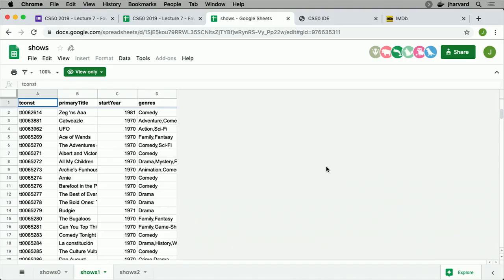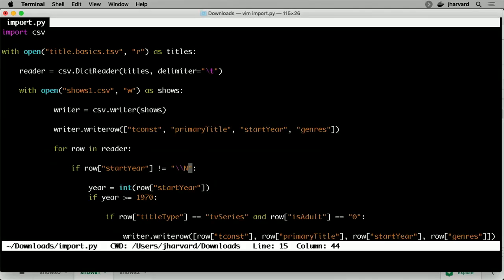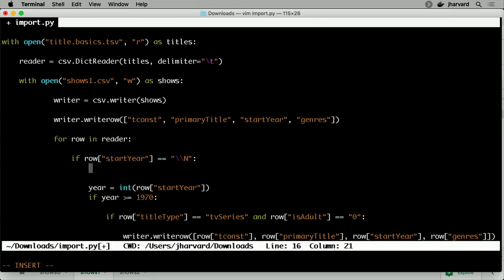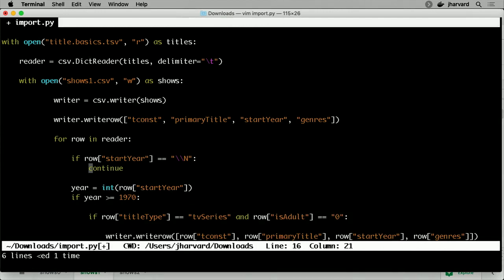Well, let me go ahead and do one last thing here. I'm going to go ahead and make one more change. And first, let's improve the design here. This indentation is the result of my asking questions again and again and again, and indenting if and only if those things are true. But notice you can start to flip your logic here, right? Instead of saying if the start year does not equal backslash n, what if I just do this and say continue? I can then unindent this, because if you've not used it before in Python and in C, if you